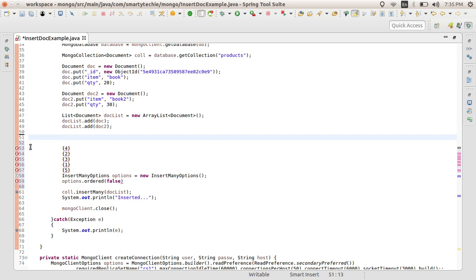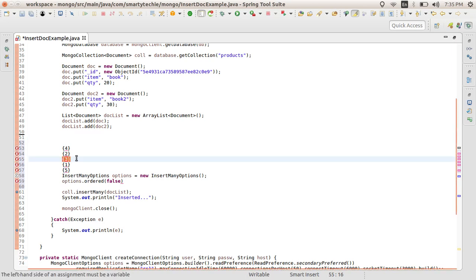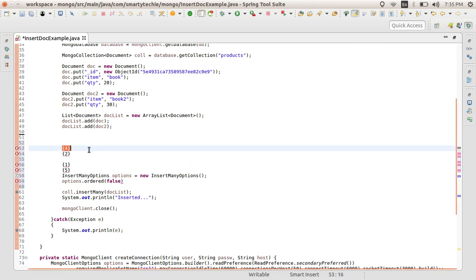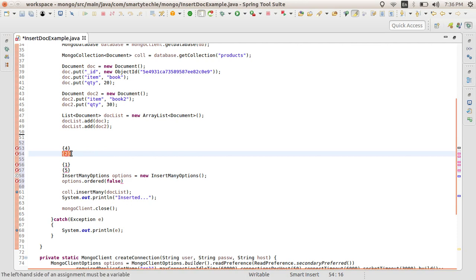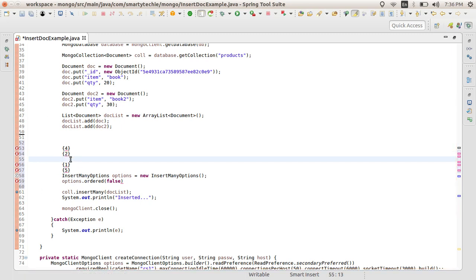We have provided, let's say, false. Now the third one may get an error due to some exception. What it does is it will not just stop the insertion while getting the exception and return back. No, it will not do like that. It will see, okay, fourth inserted, second inserted. It is parallel processing, all will be inserting using multiple threads. So first inserted, fifth inserted, and third is getting an exception. It will return only after inserting all the documents. So in this way, there is no interruption of the threads, no interruption in the insertion.